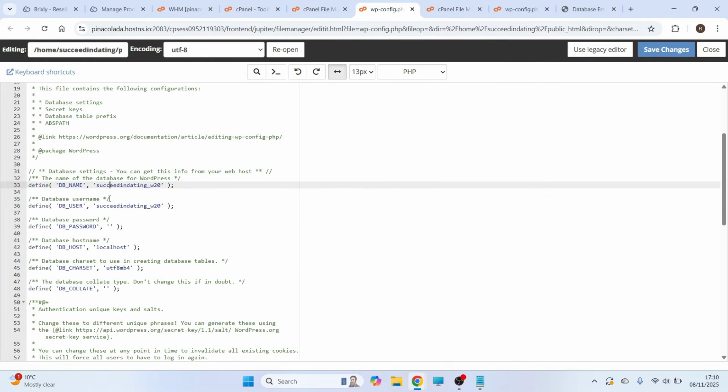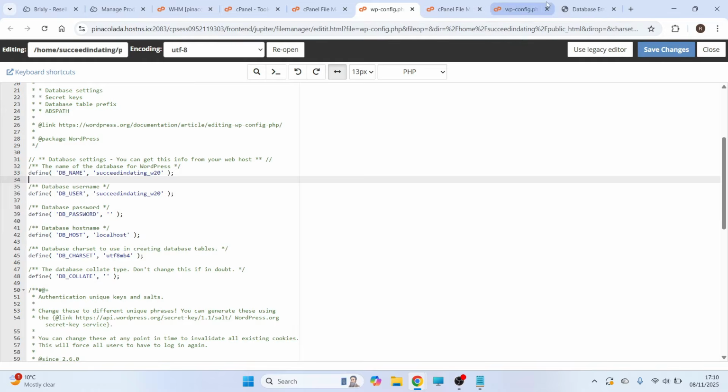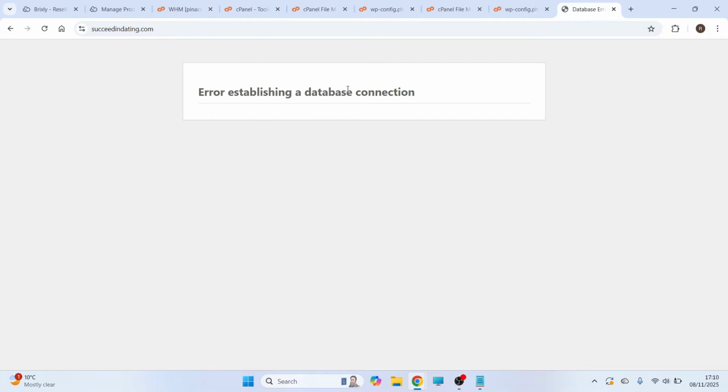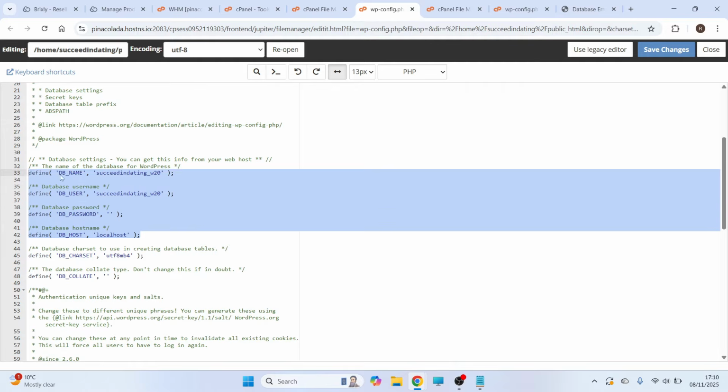Now, if you scroll down, you'll see this section here for your database. Now, the reason why you're getting the error establishing database connection, it all comes down to the values that you have set in this section here. So I'm going to show you exactly what you need to write for each section and how to go and